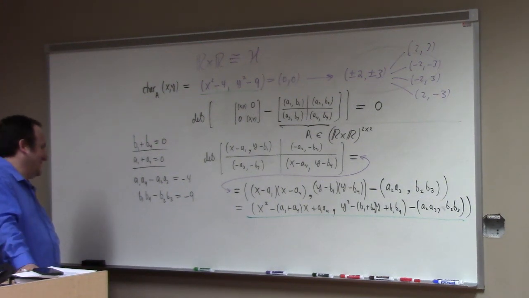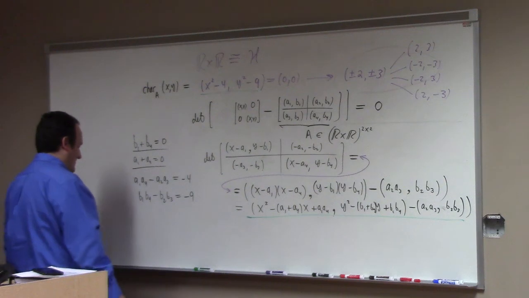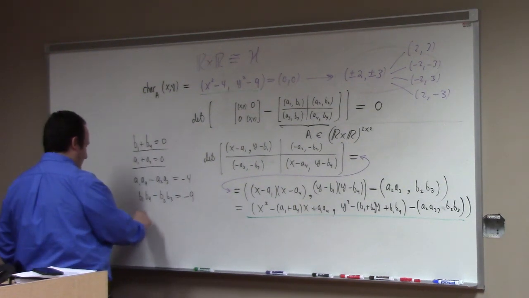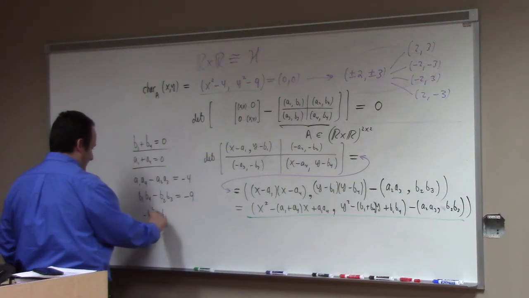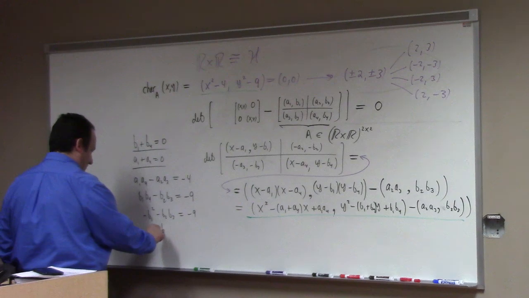Mathematica. So weak. Killing me with the weakness. So how about this? We put b1 equal to minus, so that's a minus b1 squared, minus b2 b3 equals minus 9. So apparently b2 b3